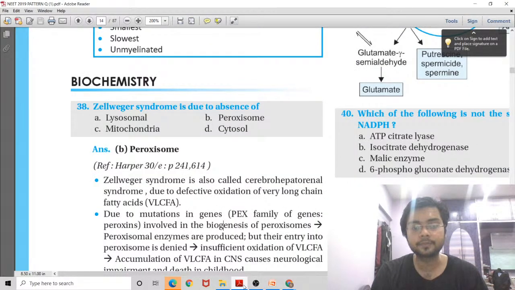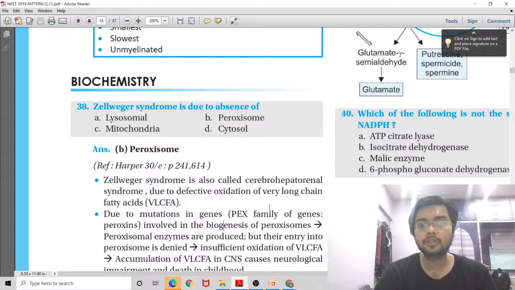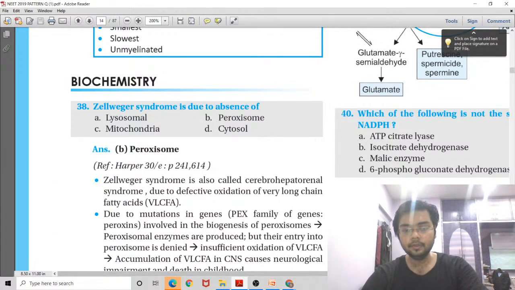If you see this, the computer is a little slow. So it is called cerebrohepatorenal syndrome, right? And one more important thing is,